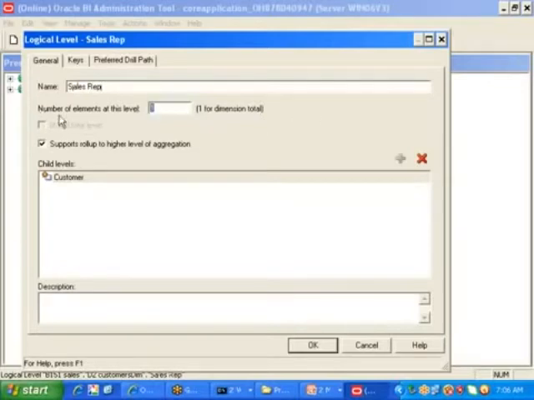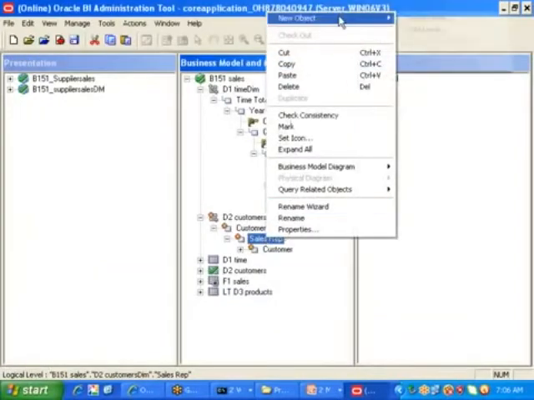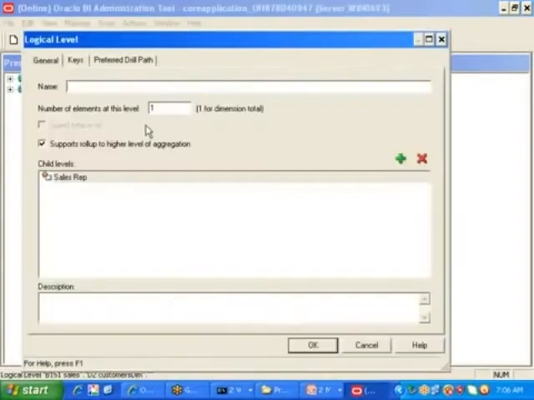You should understand that this property should be in increasing order from bottom to top. I am giving this, let us say, 100. Next, right click on this, new object, parent level. Next I am giving this as district. For number of elements, previously I gave 100, so half of that, let us say 50.